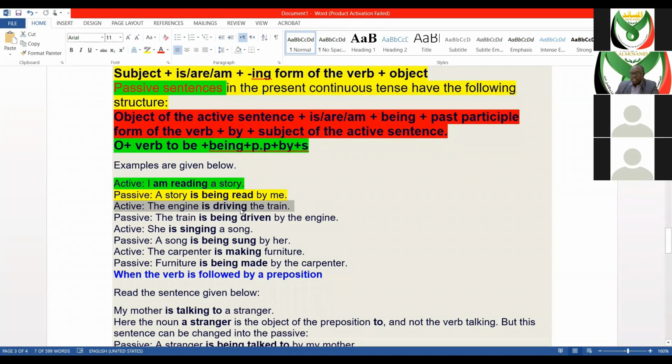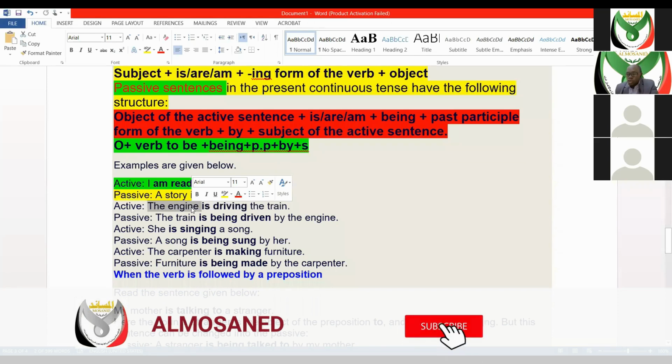The engine is driving the train. هنا معروف الماكينة شنو؟ هي التي تقود شنو؟ القطار. The engine is driving the train. We want to change this sentence to the passive. We have this is يعني لازم نقسم أول حاجة هنا. The engine is